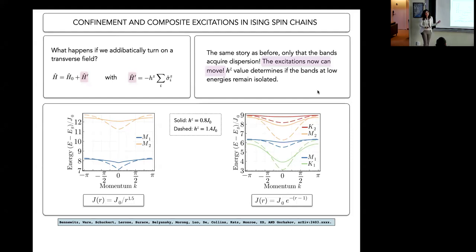The only difference is that now, because of this non-trivial term, these excitations would have a non-trivial dispersion, meaning that they can actually gain some kinetic energy and they can move, which is something that we want. So this is a plot for the power law theory for different values of this HZ. The larger it is, the more dispersion you get, the more kinetic energy you get. And these are the two mesons in the system. It turned out the low-lying states in the theory are two mesons, this guy and this guy. And the larger the Z field is, the larger dispersion you get.